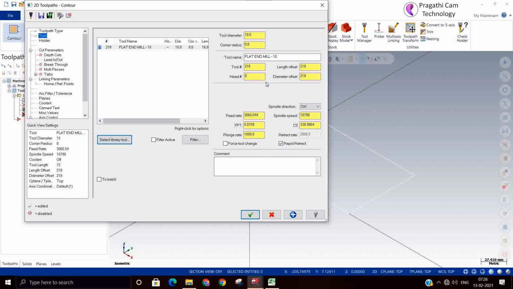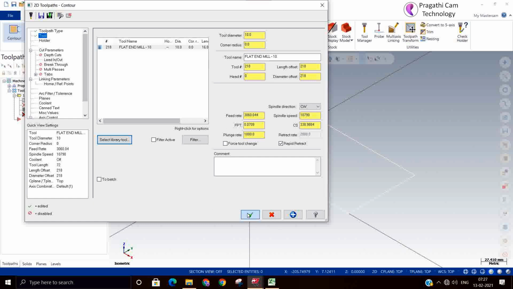Whatever tool number you are going to give, the same number is going to come as the T tool number, the length offset number H, G43 H, and the diameter D value is going to come for the diameter.